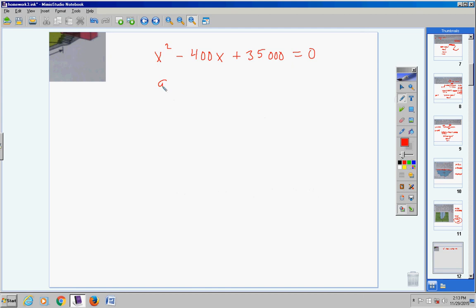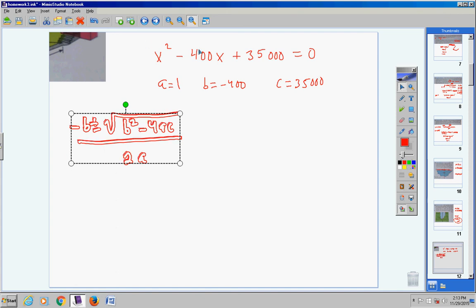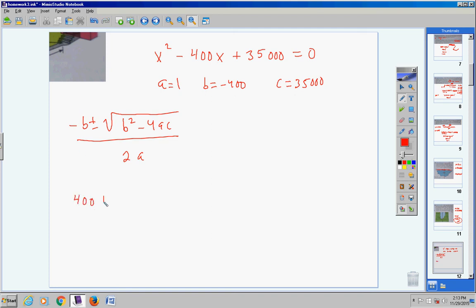So a equals 1, b equals negative 400, and c equals 35,000. The formula is negative b plus or minus the square root of b squared minus 4ac, all over 2a. Let me copy that so I'll have that for future problems. And here we go. Negative negative b. B's already negative, so we have a negative 400. That's a positive 400, plus or minus the square root of b squared. B's negative 400. Negative 400 times negative 400 is